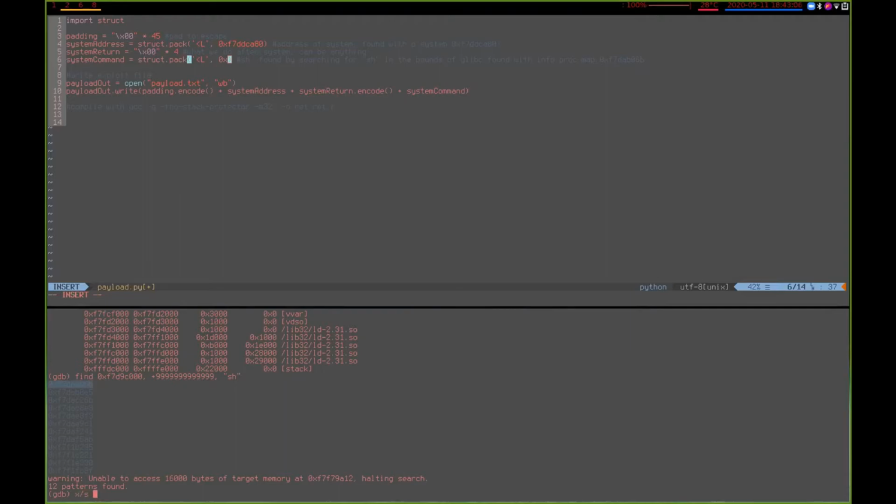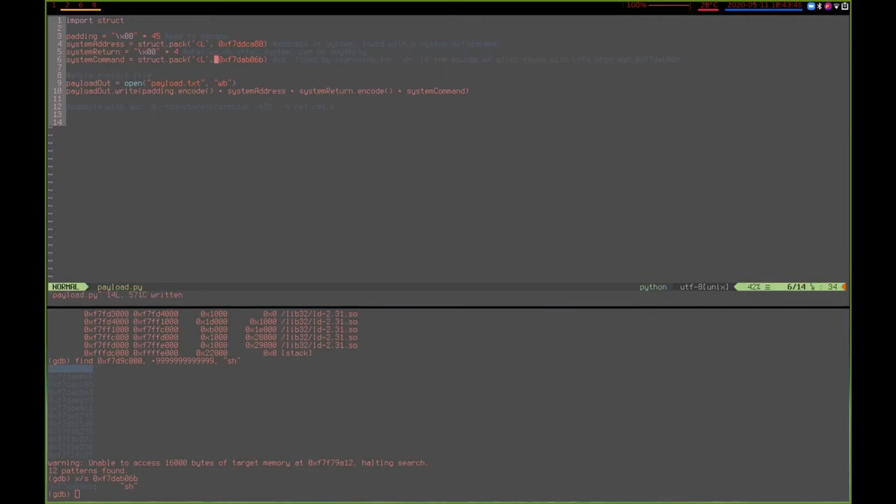So just to confirm that we're not going crazy, we're going to search. What this means is that we're going to look up memory as though it's a string at this address, a null terminated string. Oh, and we do indeed have sh. This is important because this here is a pointer to sh, and our system call is looking for a pointer to a string of the parameter that we're going to execute. So if we then copy this and dump that here,